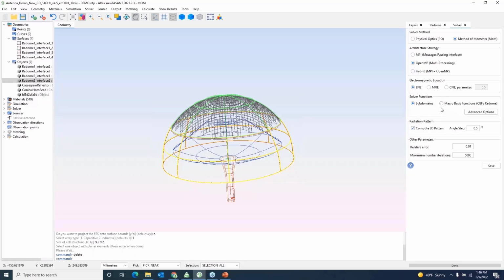In case we have a geometry with a large number of unknowns, then definitely macro basis functions will be helpful. Also, Dr. CJ was showing in his slide how efficient it is in terms of computational resources. It's almost half the time to get the results. Then we'll have a 3D radiation pattern that needs to be computed with an angular step of 0.5